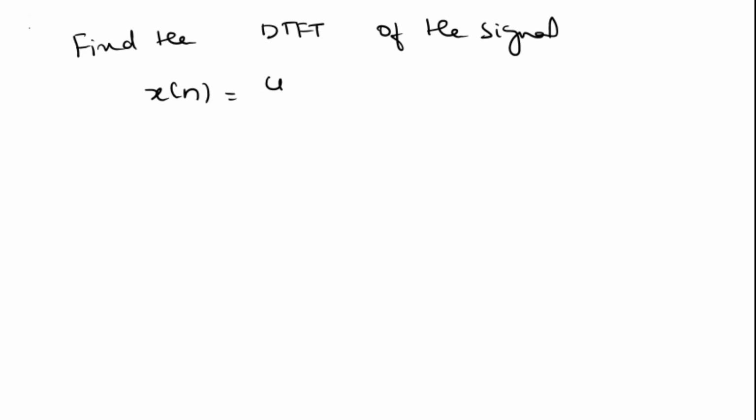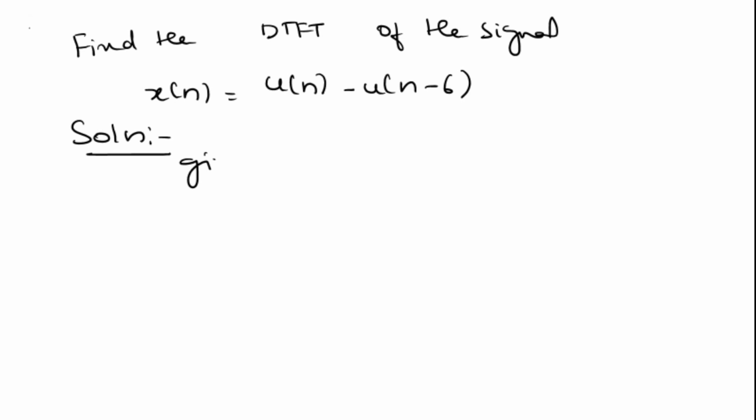Find the DTFT of the signal x of n is equal to u of n minus u of n minus 6. It is given x of n is equal to u of n minus u of n minus 6,